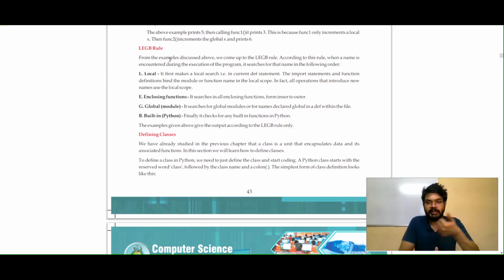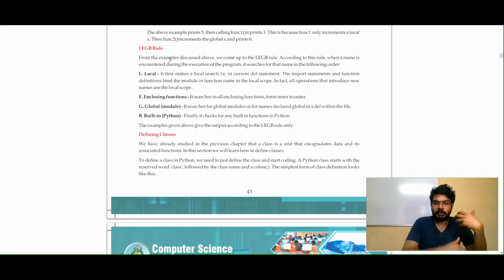You identify that name, that is, you are basically creating a namespace. This namespace will contain this class and all the functions and other data members that a particular class can contain. After that you write a colon. Braces are not used in Python. We use the colon to say that the definition has now started.